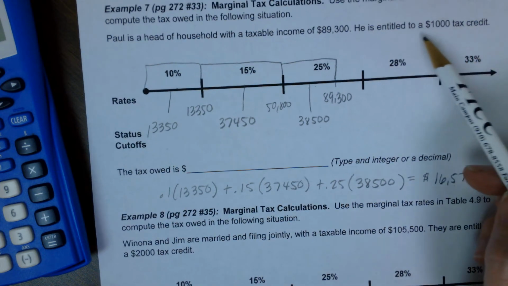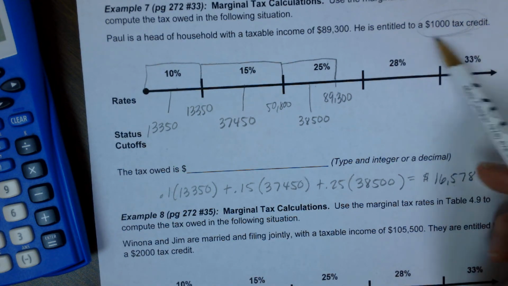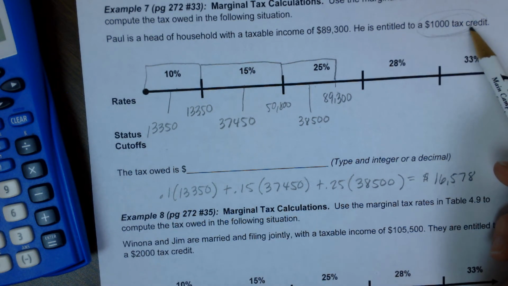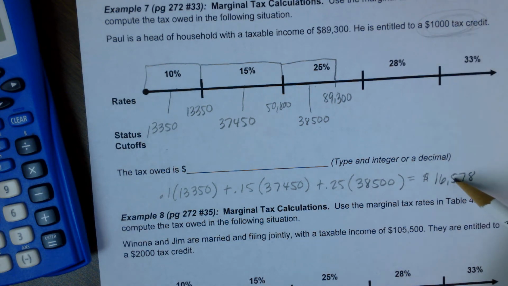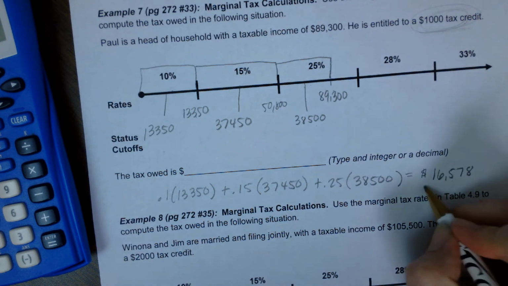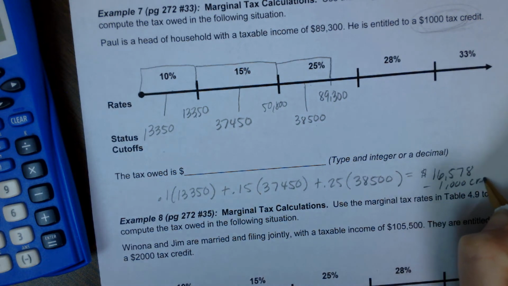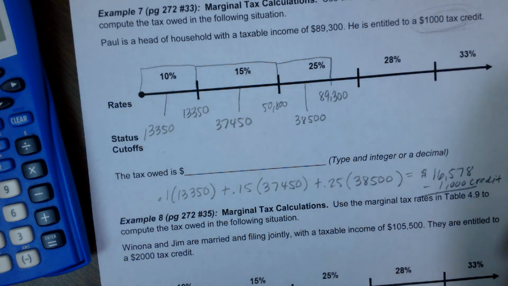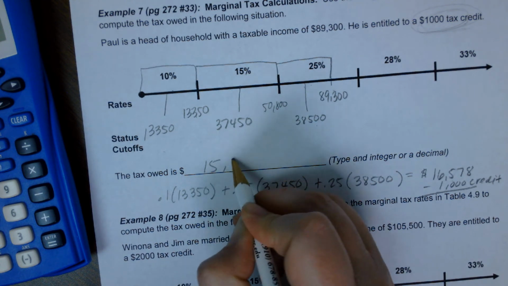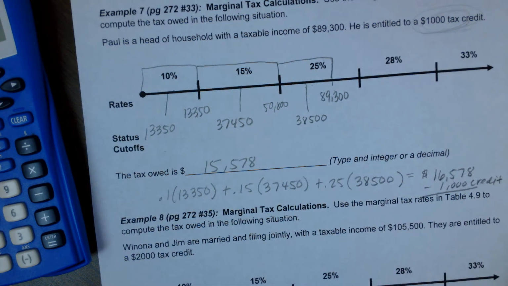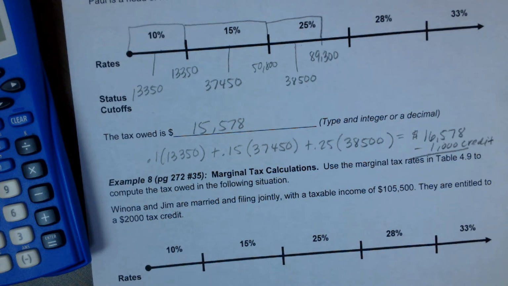Now we're going to say he has his tax credit. So this is basically the government saying, I'm going to give you $1,000 free money to put towards your taxes. So we can take this off of his bill, to say that now he only owes $15,578 in tax. Okay,